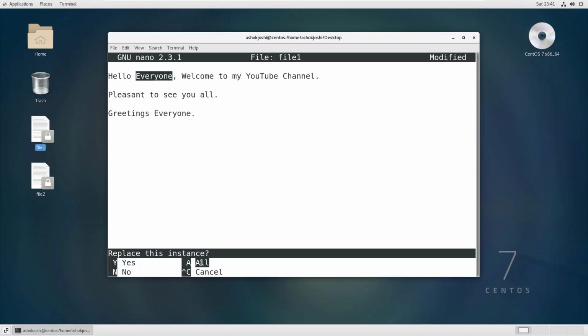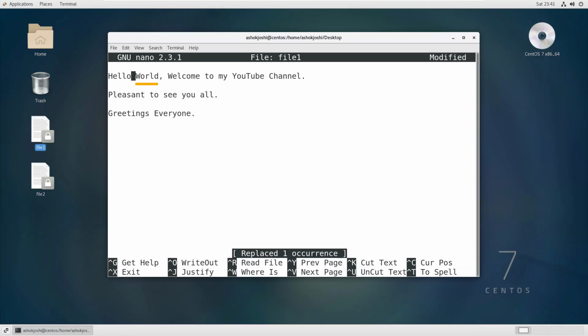That's the reason I will use Y here. So if I hit Y, notice now it is asking me whether you want to replace this thing or not. I don't want it, so I will hit N. As you can see here, now our everyone is replaced with world. So this is how you can replace a particular word in Nano text editor.